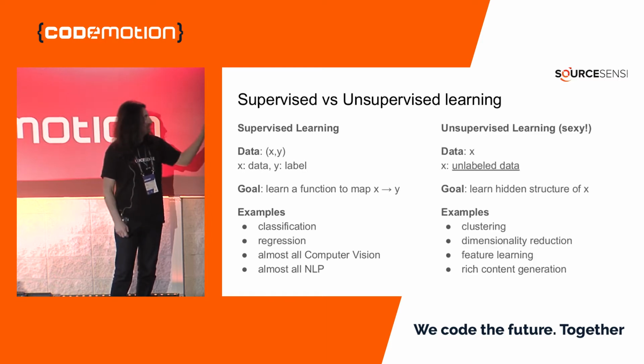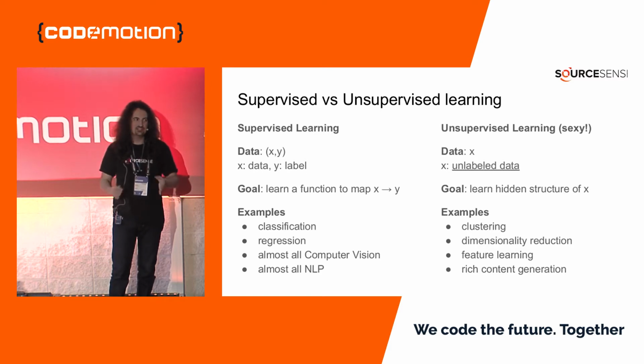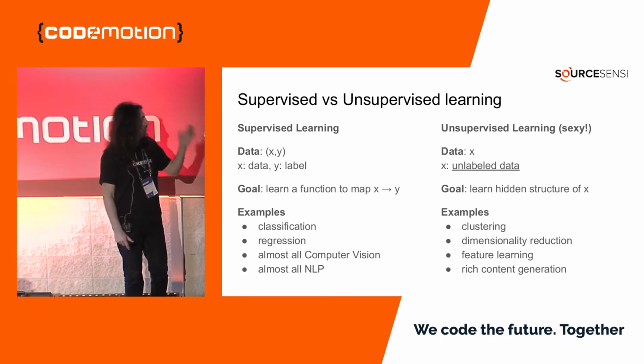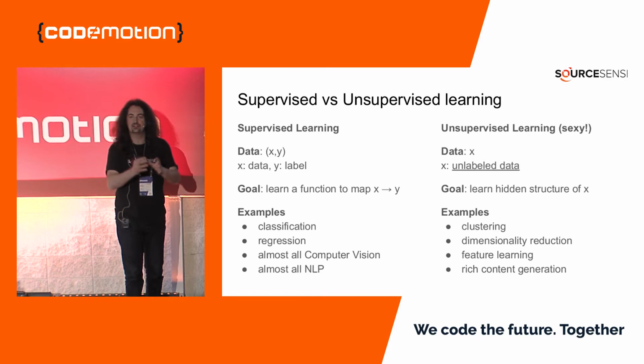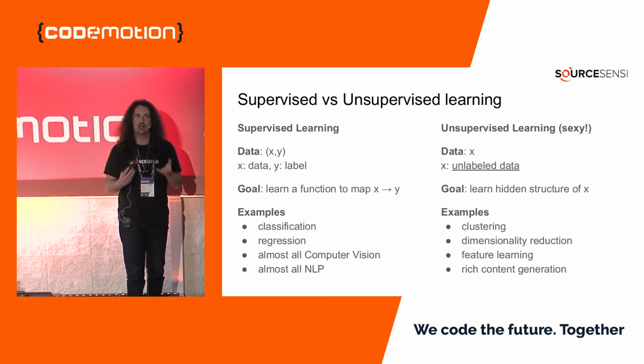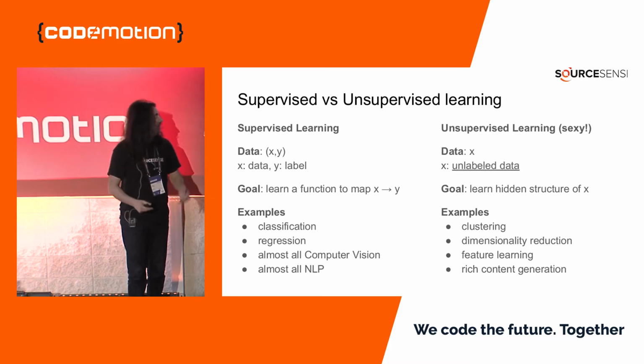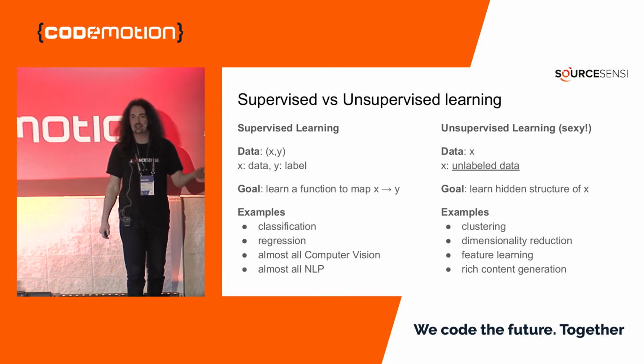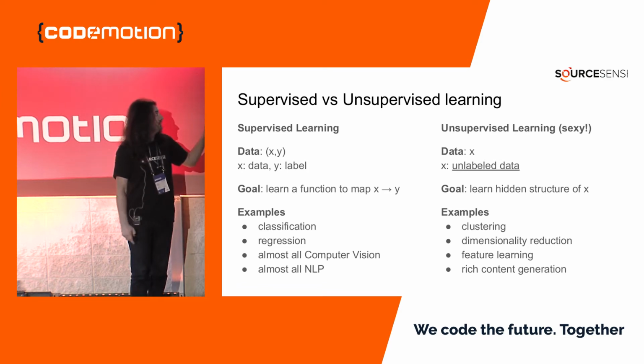But in unsupervised learning, we only have unlabeled data. So this means that we don't have an idea what we want the network to predict. And the goal is actually to learn some hidden structure, some latent structure of my input data. And in my opinion, this is a lot sexier than supervised learning, because